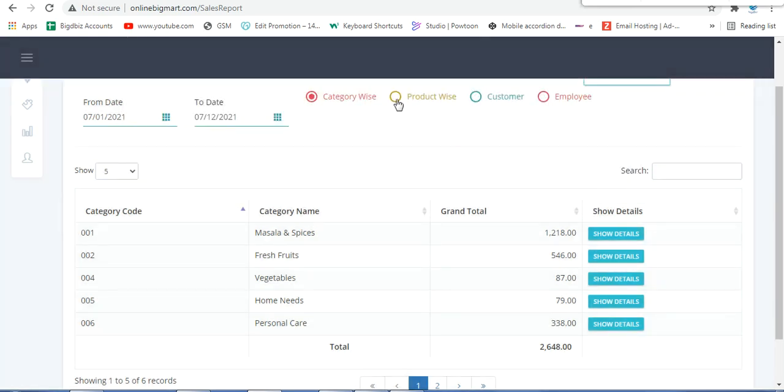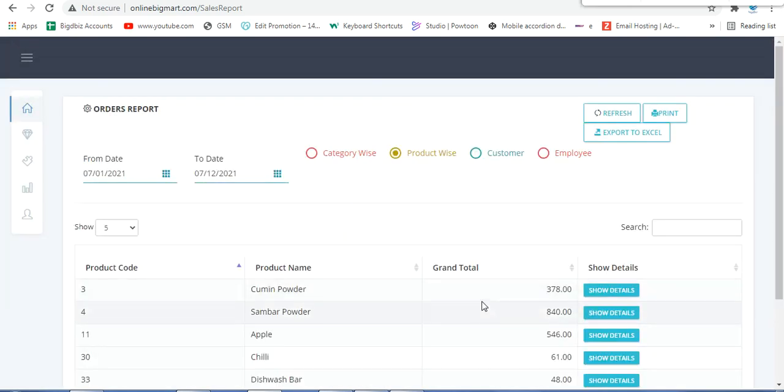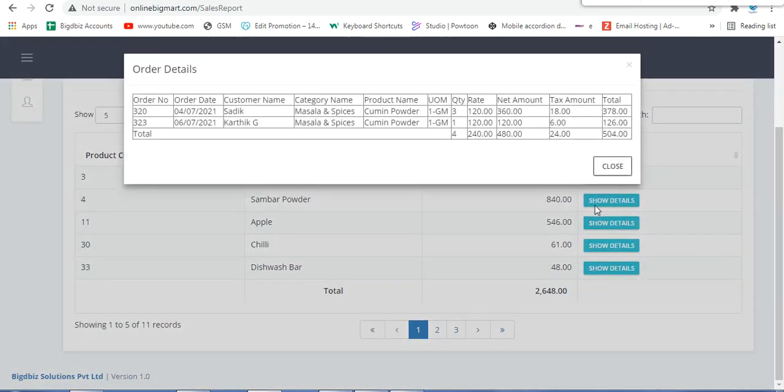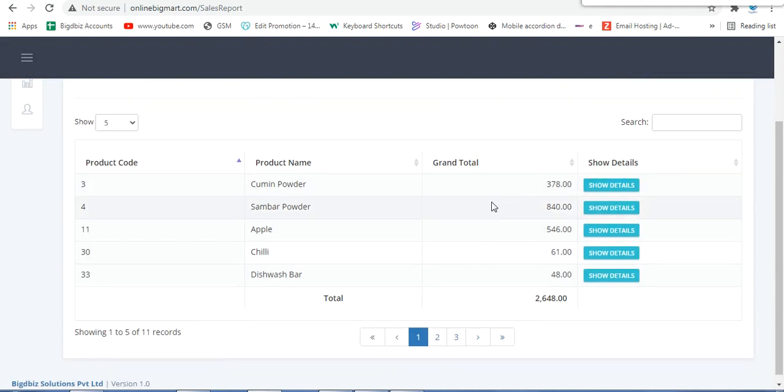At the same time, if you want to go product-wise, you can select the product and see who all the customers are for this particular product, the dates, and what regular interval they have ordered at. For example, if you are taking 2 or 3 months, you can compare between those days and generate reports based on a customer. If a customer is regularly maintaining his orders, you can keep concentrating on him and provide some additional discounts in case it is required. So this is a decision-making report.